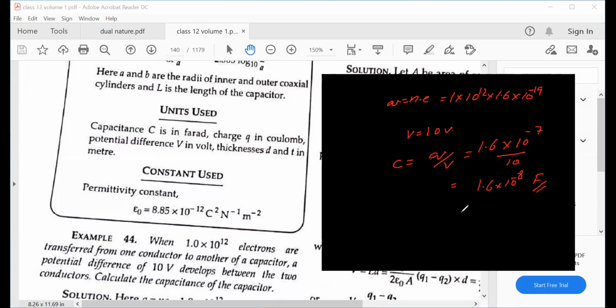Remember this relation, please take it. Those who didn't do it, if you have any doubt, please let me know. Then we'll do the next question. Please take this one. If you completed, please let me know. We'll go to the next question.